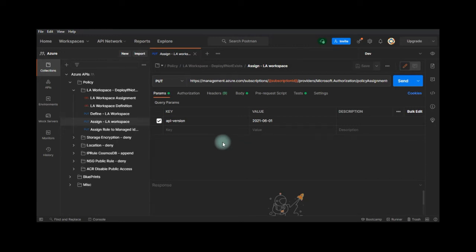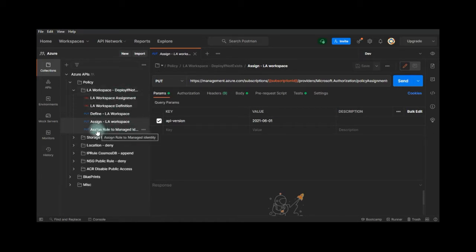Okay, to work with our demo, the role that we are going to assign to the postman should be able to do three activities, right? One is being able to create a policy, so that means it should be able to create a policy definition. It should be able to delete a policy definition. It should be able to assign a policy definition, and then it should be able to delete a policy assignment,